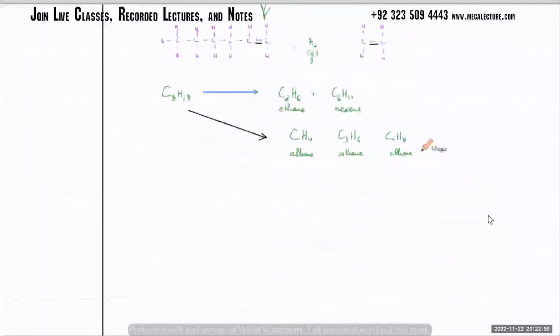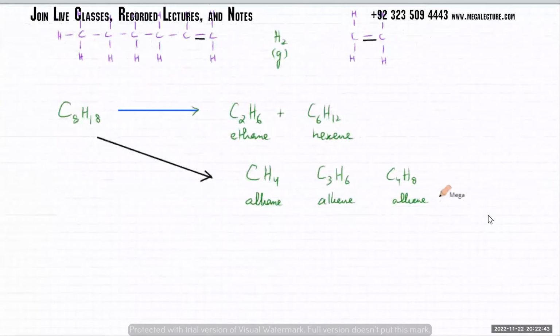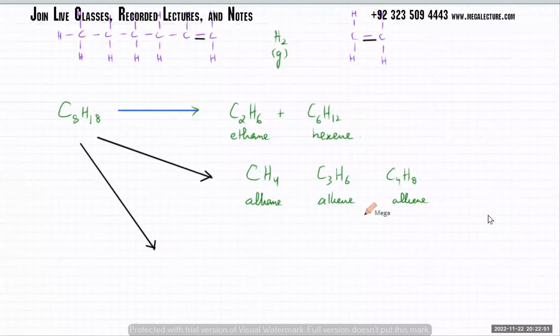ठीक है, so you're going to get a mixture of, I mean over here you're getting a mixture of 2. और hydrogen gas तब होती है जब hydrogens पूरे ना होने. Just make sure you put in a hydrogen gas. Let's say I've got 2 alkenes as a product. So let's say I've got C3H6 and I've got